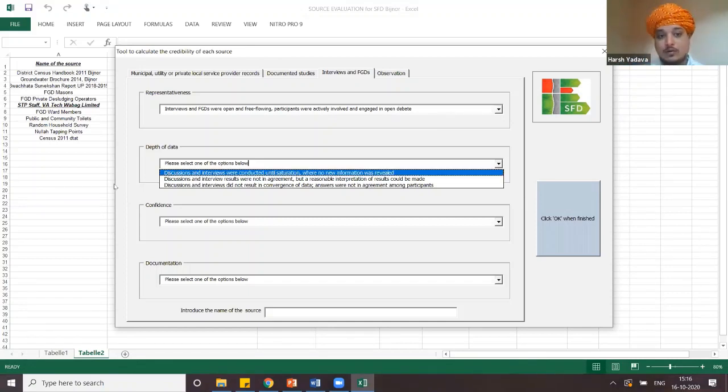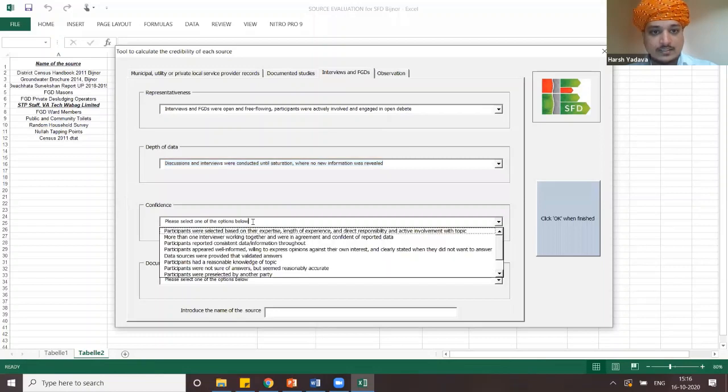So for depth of discussion, were you able to take the discussion to the depth of the interview, until you were able to see repetition going on in the discussion? You have to see it in that way and take one decision for this.